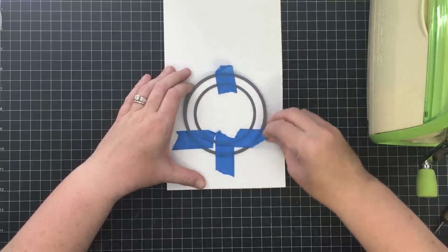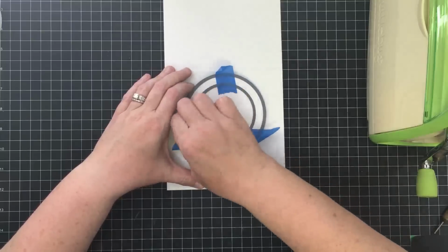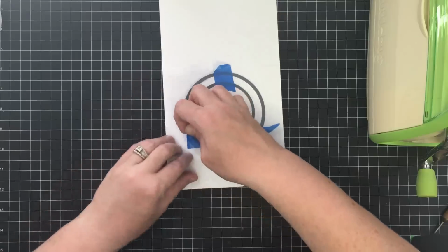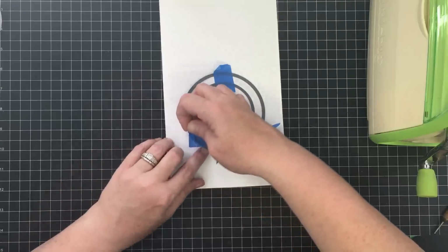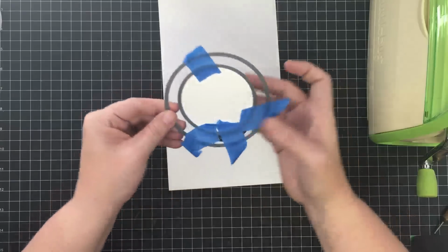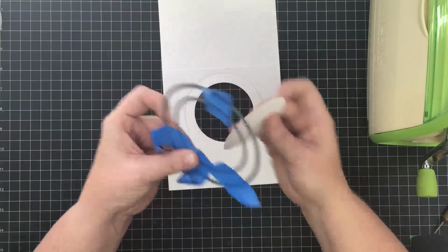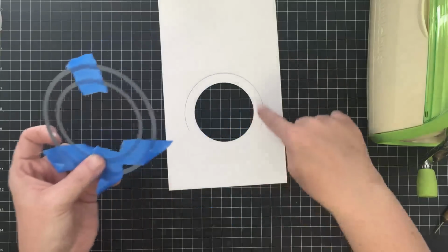Lift this up. It's a little bit of finger work, but you can do it. Lift this tape all up. Then I'm just going to pull my frames away, and this will keep them together for me. Good deal. Okay, this centerpiece I don't need. I'll pull it out. And now we have our frame, so we can cut the piece to go on top